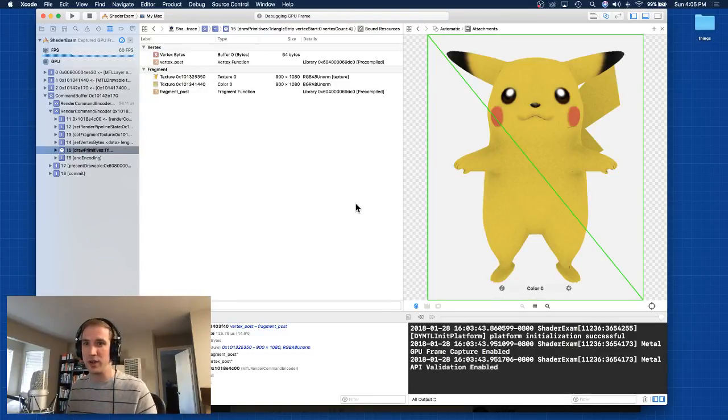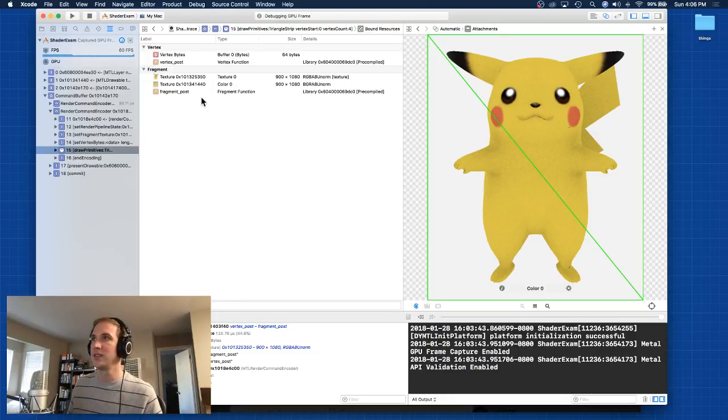Michael asks, we're not drawing Pikachu as an SDF? Not today. Actually, all the stuff that we're going to be doing today is strictly fragment shaders. And maybe in a couple of weeks, we'll get around to actually drawing Kirby as an SDF. Full disclosure, we're not doing any ray marching or SDF stuff today. So if that's what you're here for, I apologize. We will get around to it because it's one of the cooler parts of the exam, but